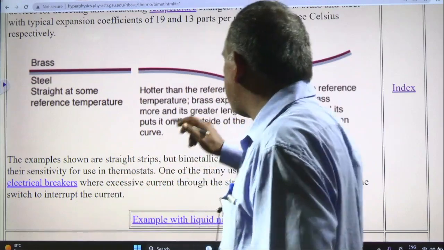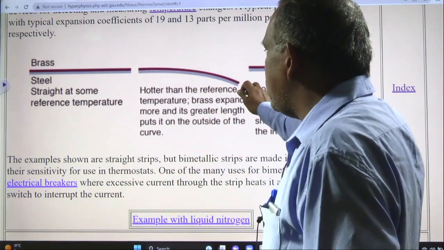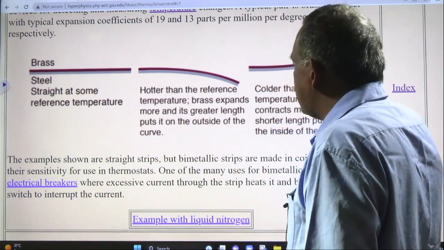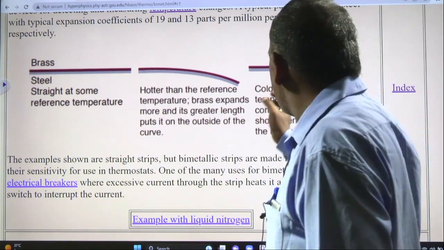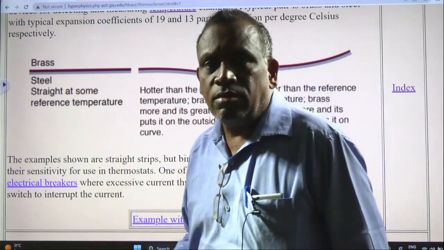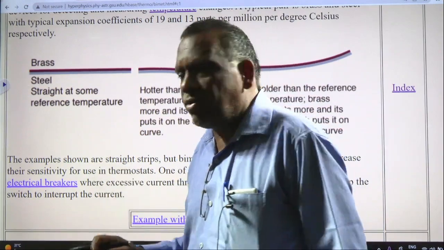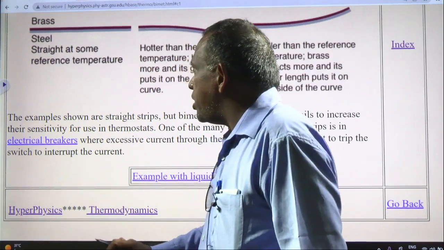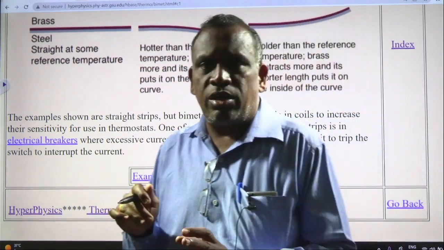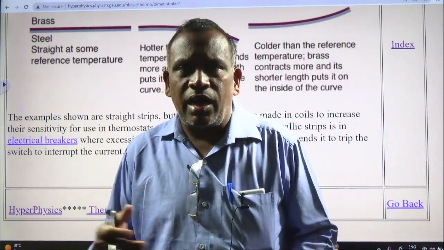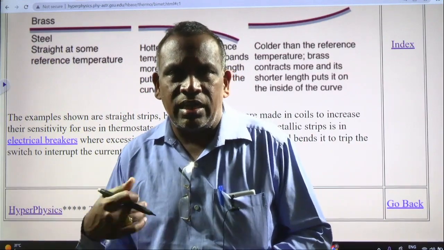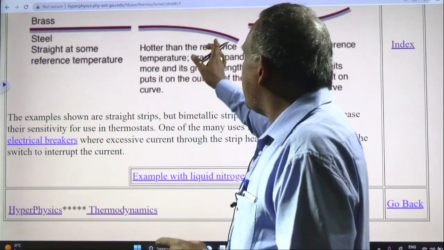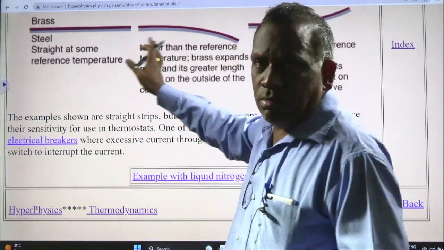So brass expands in this way when you are increasing the heat. When you are decreasing the heat, similarly the brass is going to contract in that manner. So you can understand from this that different materials expand differently. For example, if this particular substance is there in iron boxes or heaters, etc., when a certain temperature is reached, automatically the